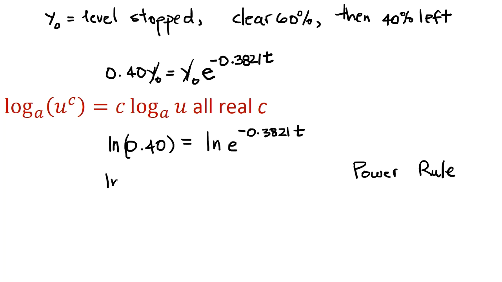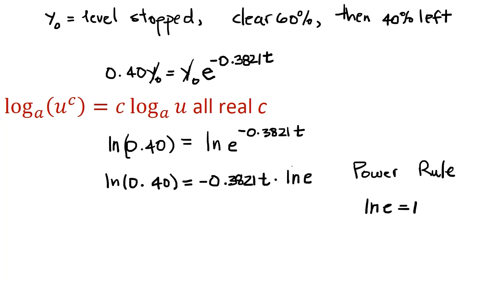Then we have the natural log of 0.40 equals minus 0.3821 t times ln e. And of course, you'll notice ln e is just 1, so we can effectively get rid of that